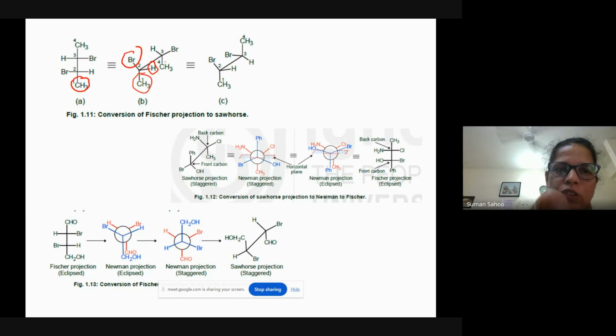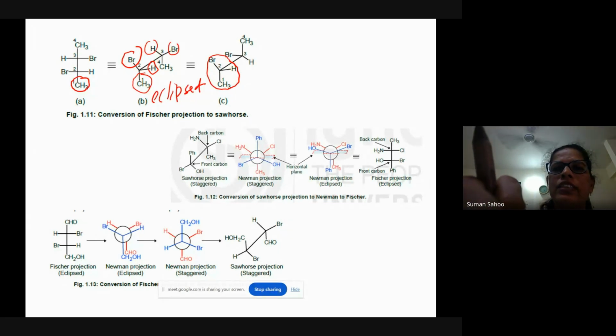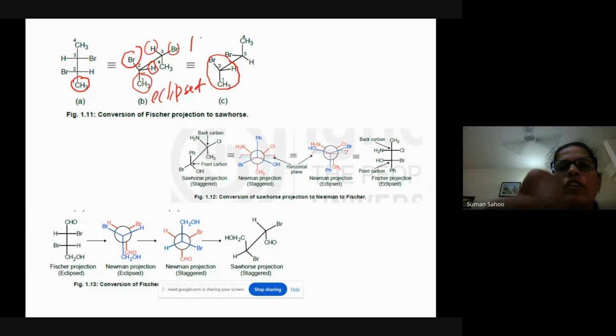Again, the fourth carbon, we first do from Fischer to the eclipsed conformation, eclipsed. So the CH3 and this CH3 are on the same side. Here CH3, bromine on the left side, and here your hydrogen and bromine. Then you just rotate it. While rotating, you keep this front carbon fixed and just rotate 180 degrees. When you rotate it through 180 degrees, you see this CH3 was here and it has gone to this position, and hydrogen was here, it comes to this position. So now this is a staggered